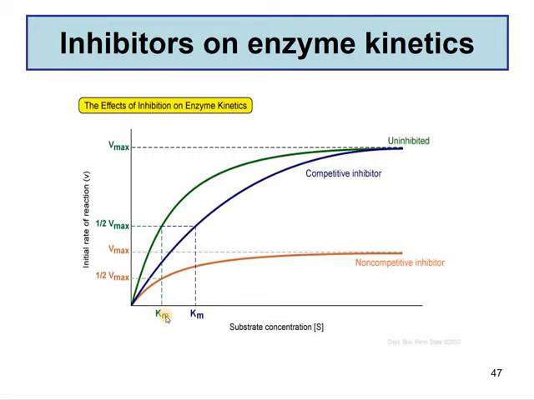Okay, but look at the competitive inhibitor. With the competitive inhibitor, you can see that it follows the same increase, but the increase is much lower. You can see that the initial rate of reaction is way lower for the blue graph compared to the green graph, and that is because the rate of reaction was quite low. Because remember, if there's an inhibitor that's stuck on the active site of the enzyme, what should happen? We should increase the substrate concentration to displace the inhibitor out of the active